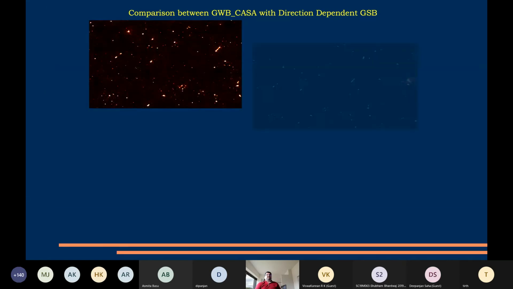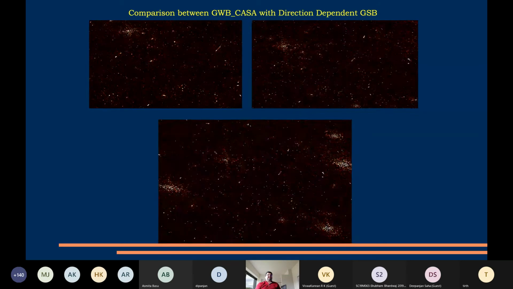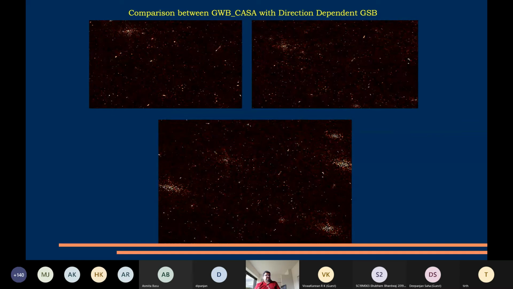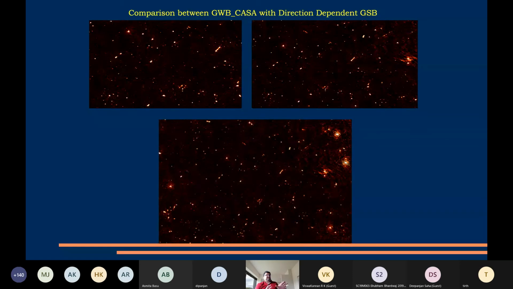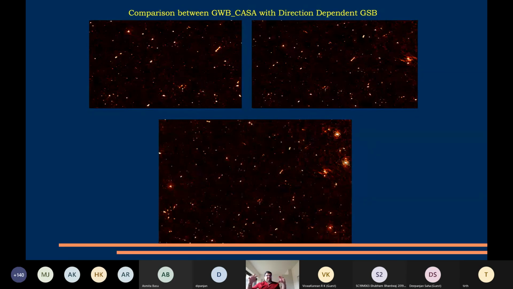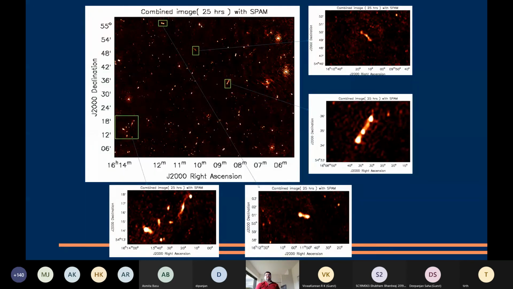So you can see these 3 different areas, where the ones which are noisier are the direction independent calibration images, and the ones which are less noisy are the direction dependent calibrated images. Okay, so you can see the difference between the direction dependent effects being calibrated versus not calibrated, and this effect actually grows as you move from the field center towards the outskirts. The things near the field center are more or less okay, but as you move away, things start behaving in this peculiar manner.